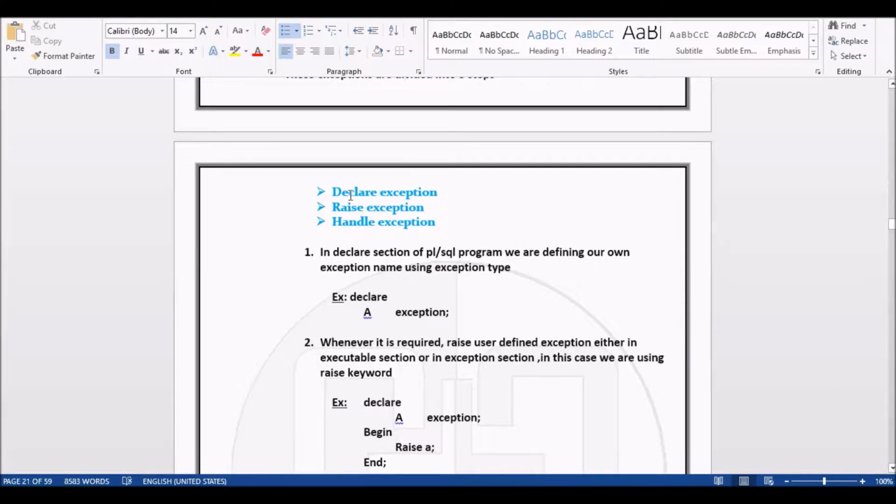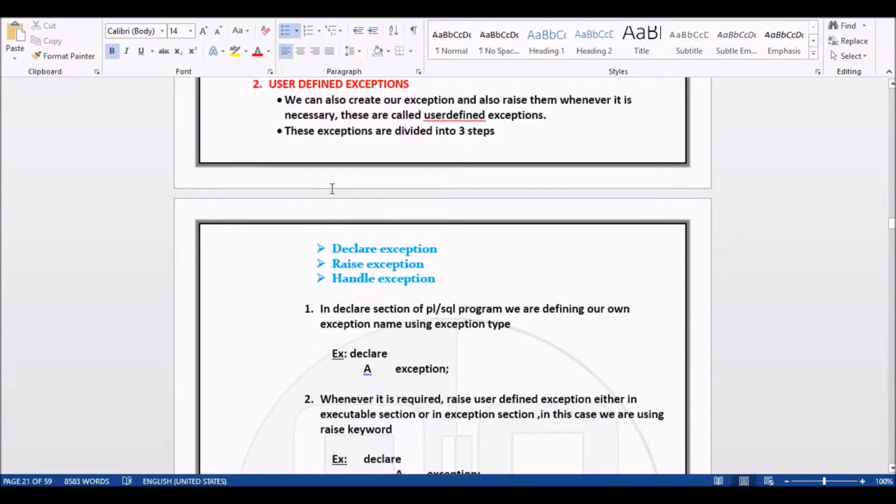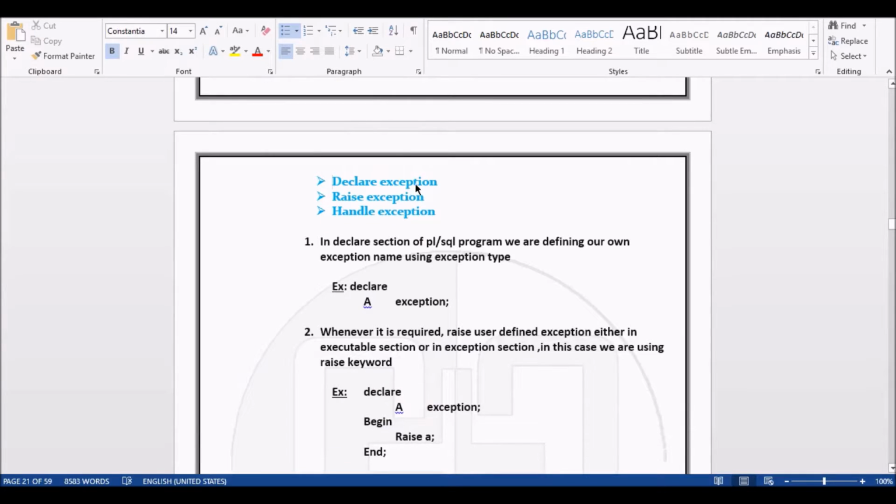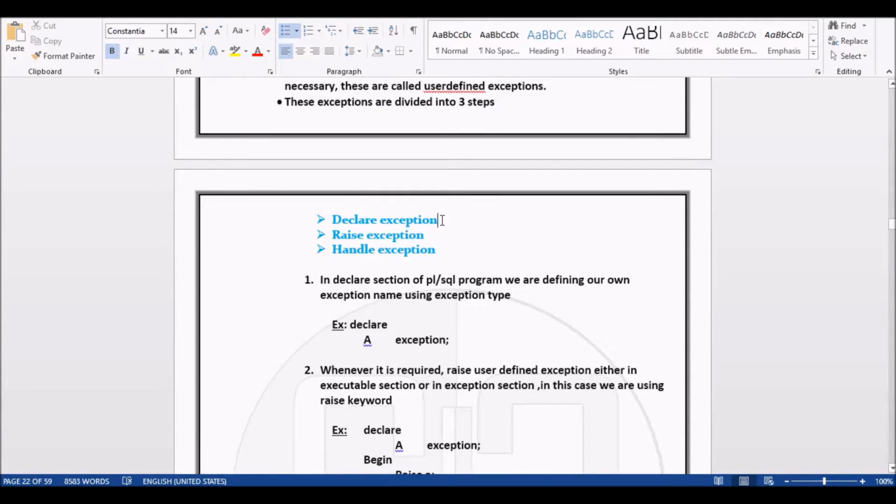See here, there are generally three steps. The first one is declaring the exception. First we have to declare an exception, like a variable. Then we have to raise this exception, which is a new concept, and then we handle this exception.